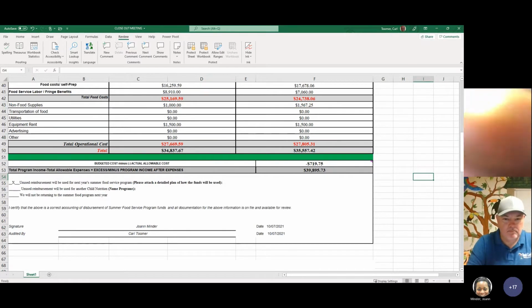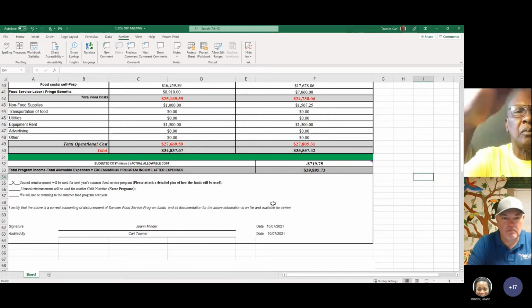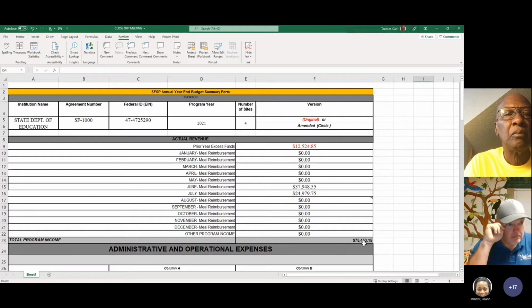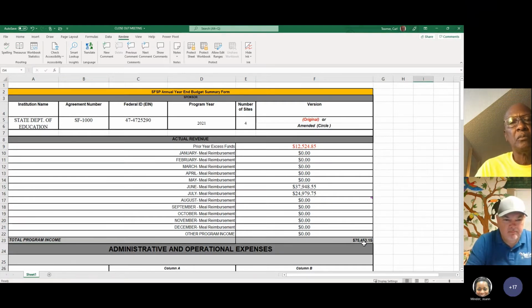What we want to be reviewing today is the end of year summary reconciliation form that you're going to be submitting, and also hopefully an easier way to keep this information in one place. The reason for this form is we just want a bird's eye view of how you financially manage your program and what areas we need to continue to work on to help you get there. This is the form that we will be sending in.